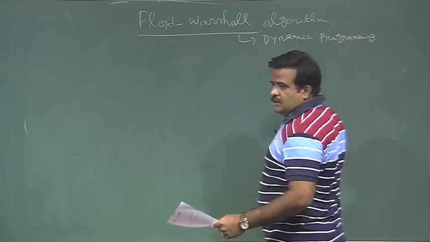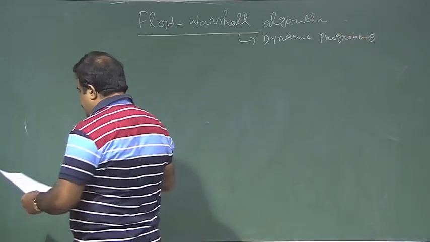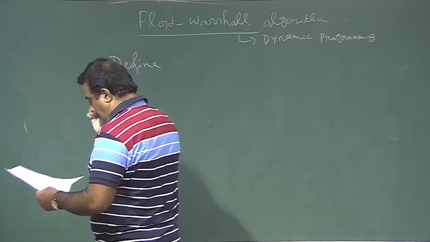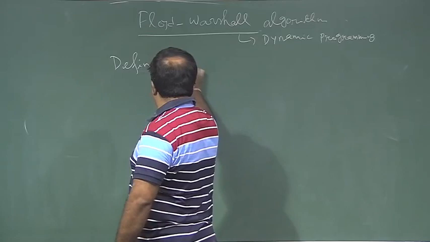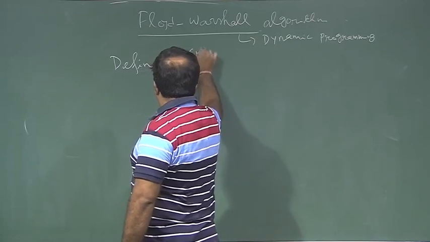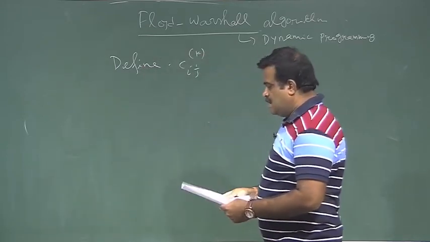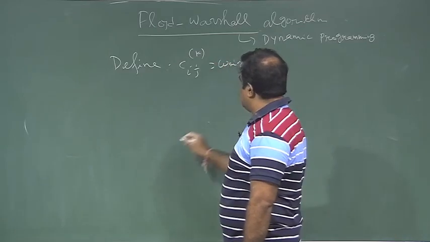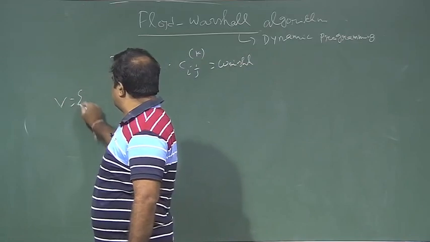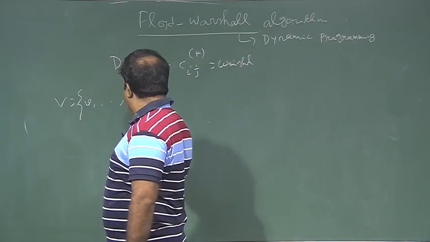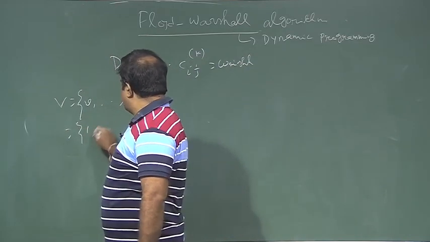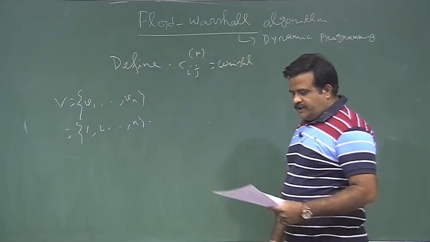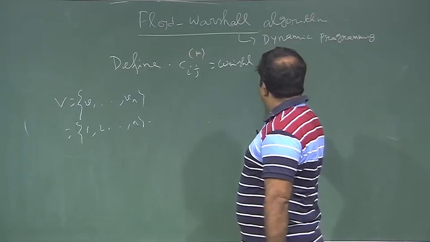Okay. So, what are we doing here? We are defining, instead of D_ij, C_ij to the power k. This is basically the weight of the shortest path. Here we are numbering the vertices. We already have numbered the vertices V1, V2, up to Vn, so this is basically 1, 2 up to n for simplicity. So, the weight of the shortest path